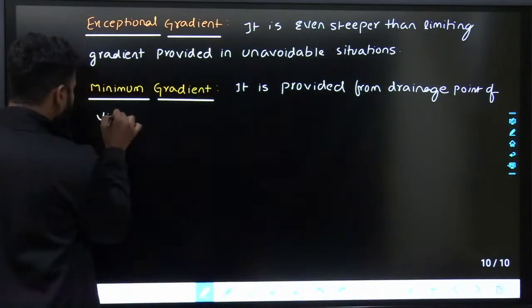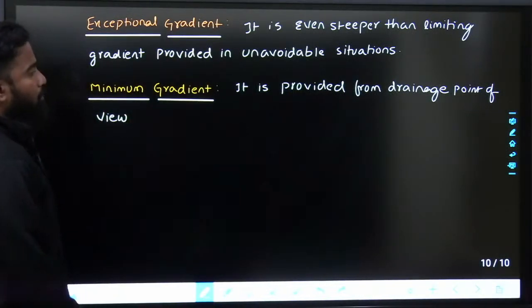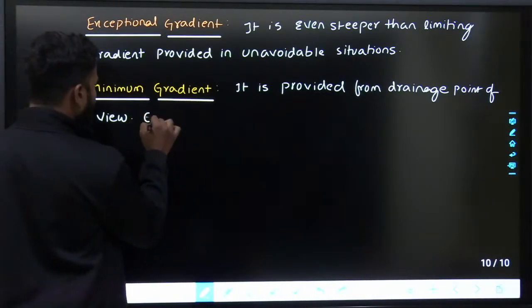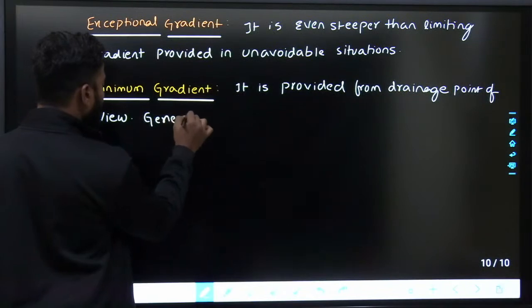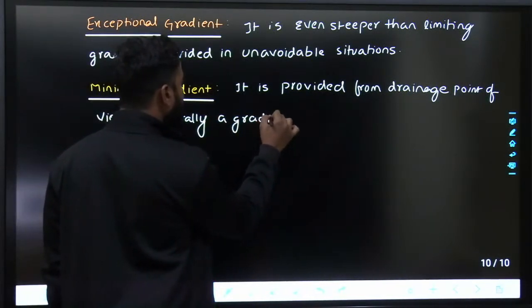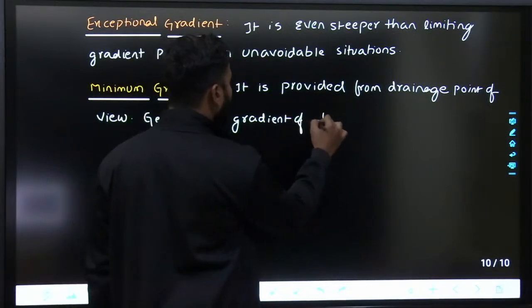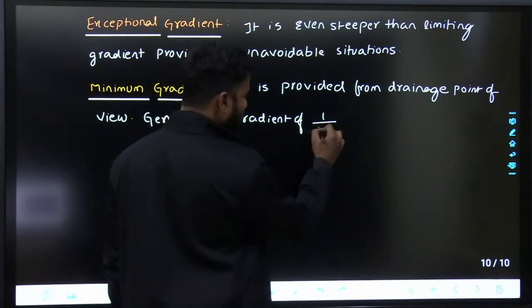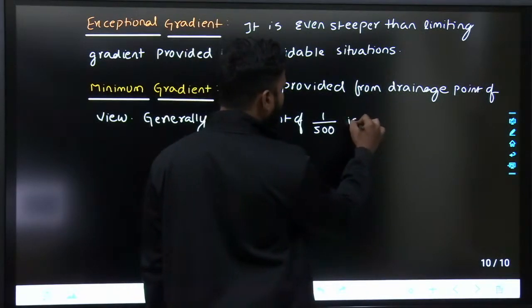Minimum gradient is generally provided from drainage point of view. Fine. Generally a gradient of 1 in 500 is preferred